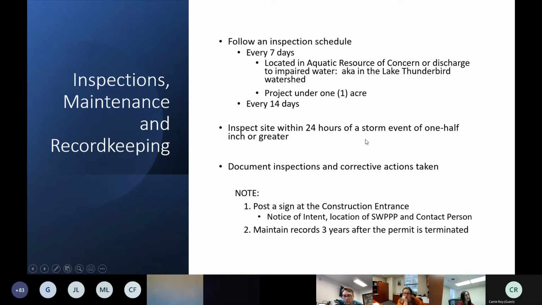And then also going to outline that we will inspect the site within 24 hours of a storm event of a 1/2 inch or greater of material. And document. If you didn't document your inspections, then how do we know they're occurring? We also want you to be honest and tell us what you found and then how you fixed it, because that shows us the intent and that you're actively engaged in monitoring your project and the stormwater quality issues